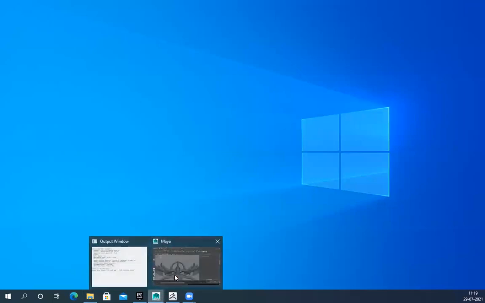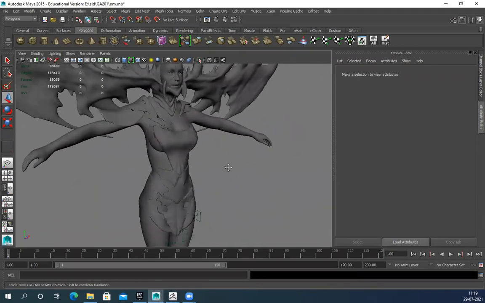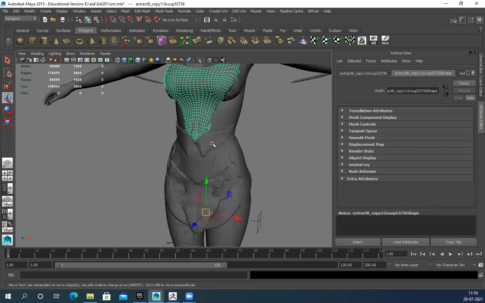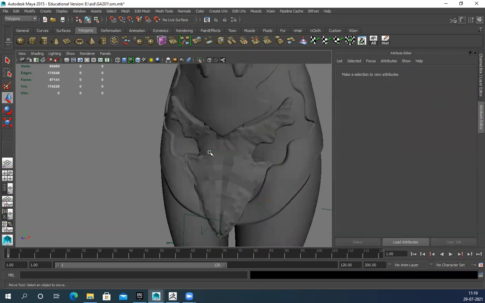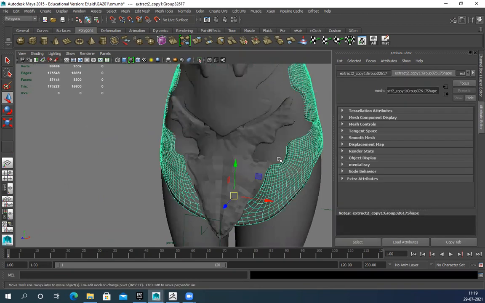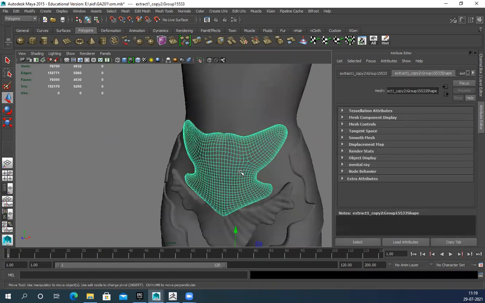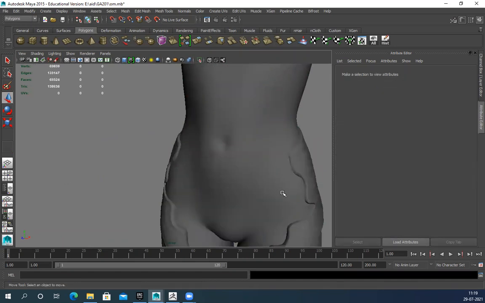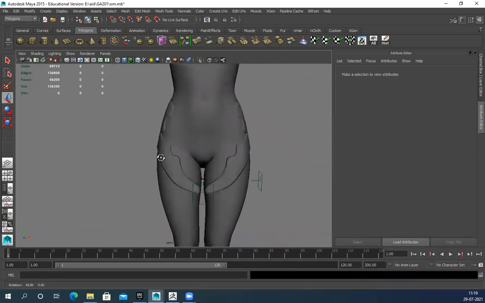And go back to your Maya. This one I have already exported and bring it here. You can see what happened here. What is this? One second, I have imported this thing before also. So just delete all of them. Let's make sure everything is deleted. Yeah, now it's fine.